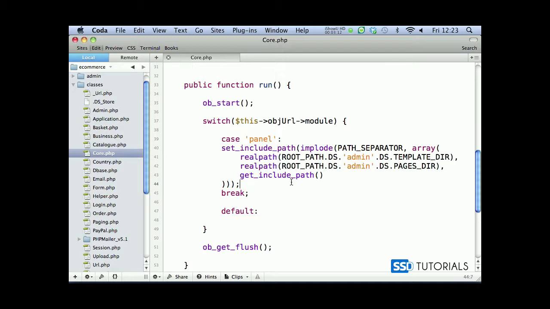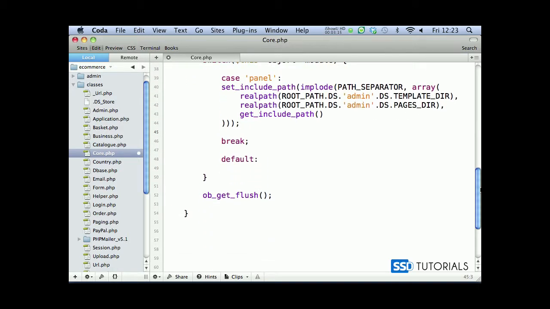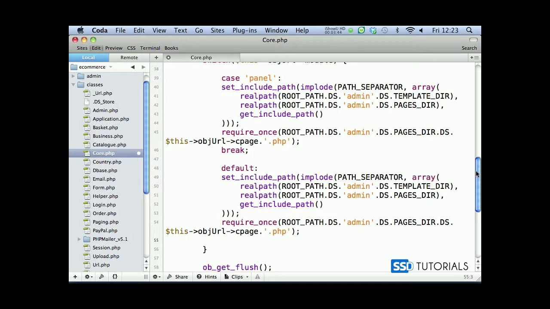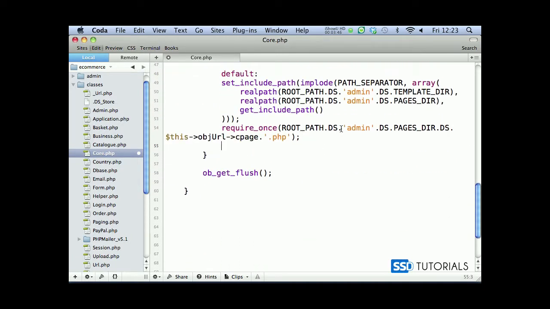Okay, so this is our panel, and obviously after all this we need to require once now, and what we're going to require is root underscore path dot ds dot admin dot ds dot pages dir dot ds dot, and then this object URL, and we go for cpage dot and PHP extension, obviously, because we're looking for the specific file. Now if we copy this entire thing and paste it under the default case, this time, obviously, rather than having admin,